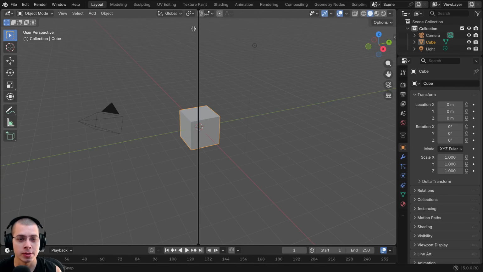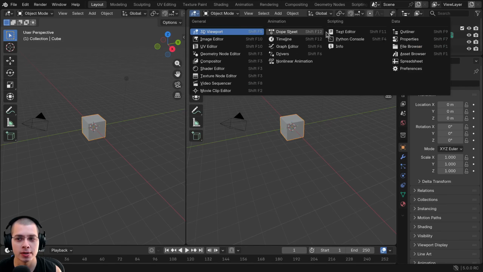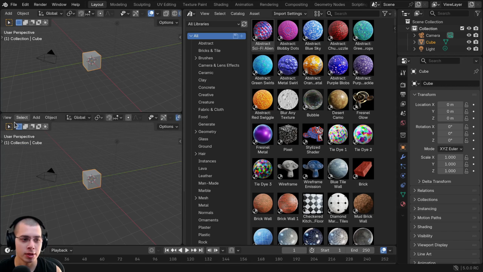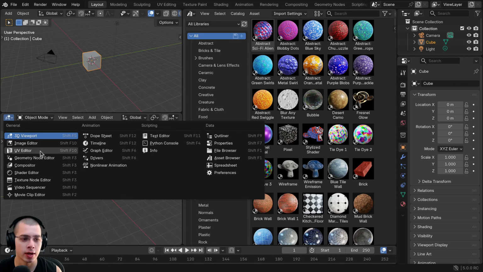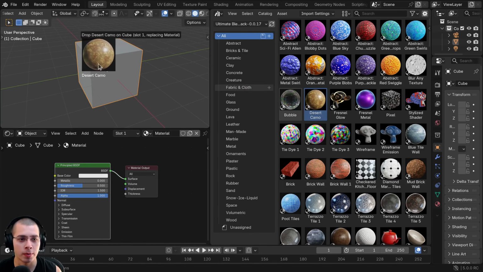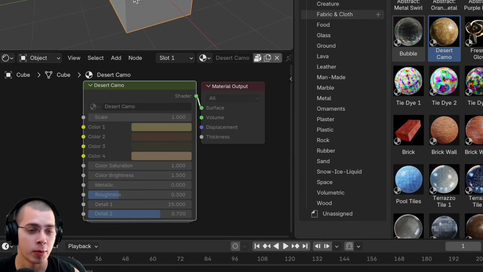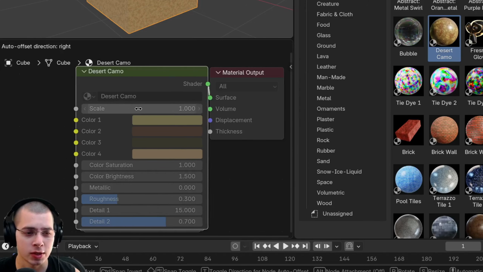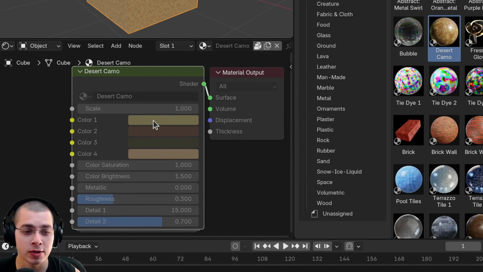So now I'm going to split the window here and I'll change the editor type to the asset browser. And then I'm going to split the window again and I'm going to change this one to the shader editor. So now what I can do is just drag and drop the materials here onto the object. But when I do that, you can see the custom node group is all grayed out. So when I try to click and drag on the node group settings to change the values, I can't actually